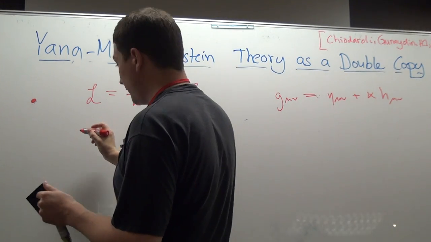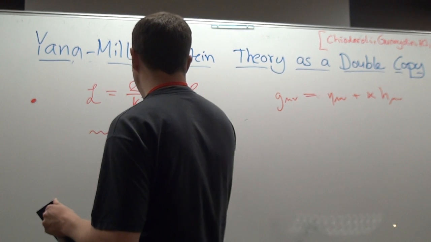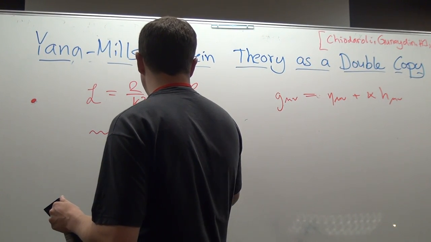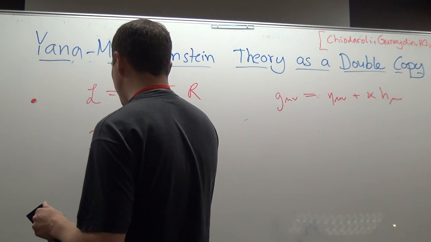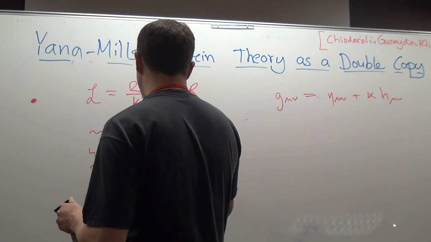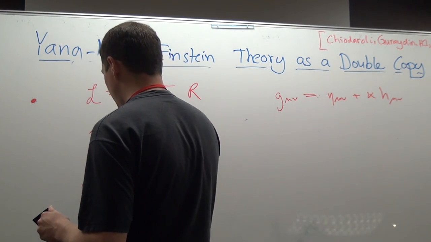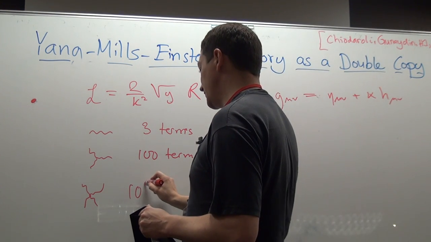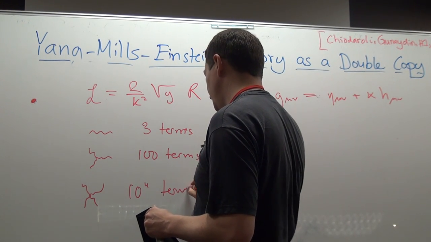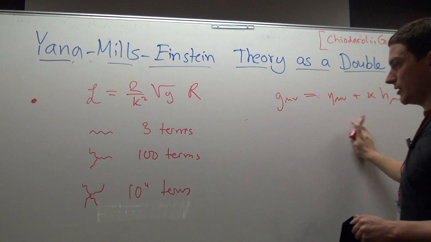So just to give you a flavor, if you just look at the propagator, this has 3 terms. I'm not going to write them out. And then if you look at the cubic vertex, it has on the order of 100 terms, and so on. As you get to the 4-point vertex, there's roughly 10 to the 4 terms, and so on. And this is why it gets very complicated, because if you want to do some specific calculation,